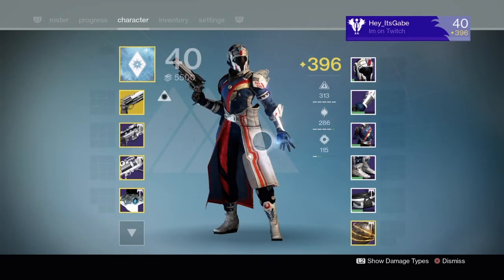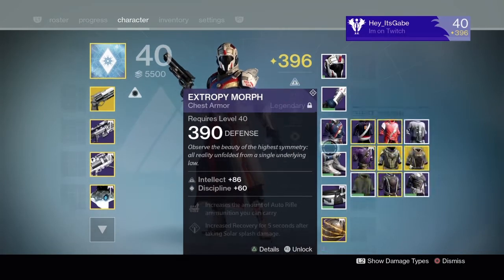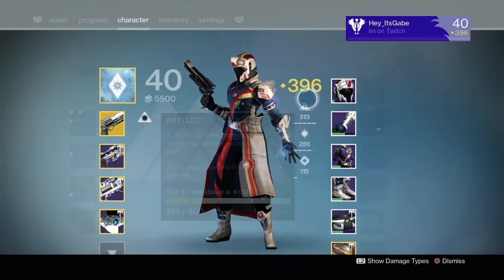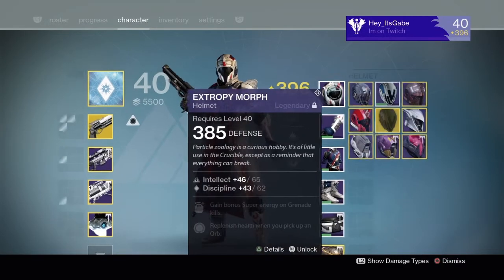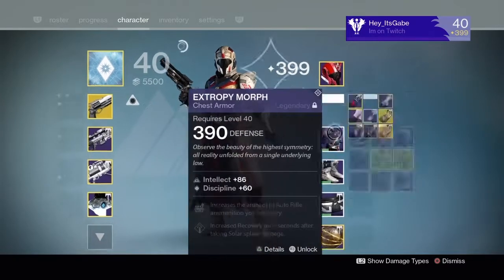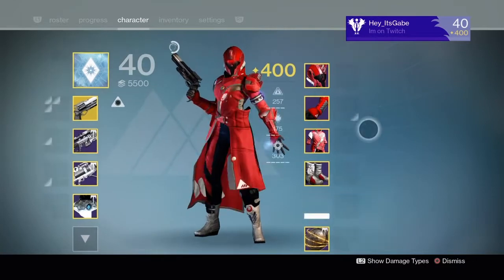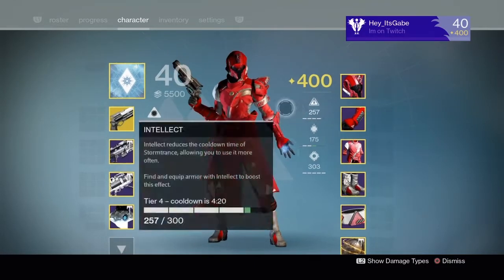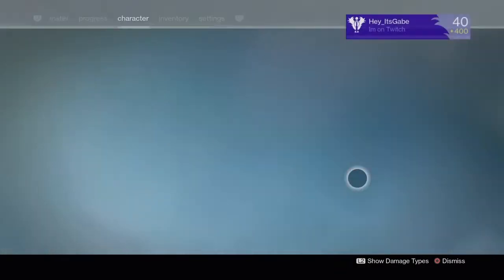So the next armor set I wanted to showcase was the Extra P Morph set. Same thing, another Crucible armor set you can get from the Engrams. This one has a very similar look to the New Monarchy armor pieces that you can collect still. I'm going to just switch them so you guys can see the similarities and what they look like. Obviously it's the gold plating on the chest that is probably the most similar,